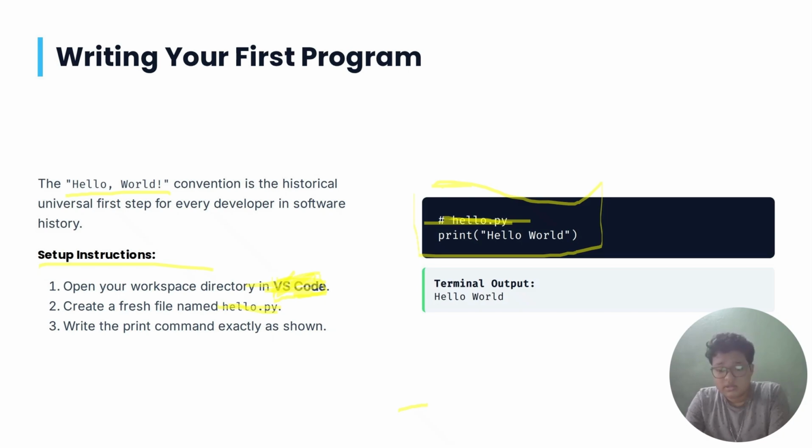As I said, it is very easy and English-like syntax. So write print in brackets, and whenever you are printing anything directly, use double quotation. In double quotation write hello world, and here it goes. It is the output, the terminal output. It comes below the code. So here it comes, hello world.